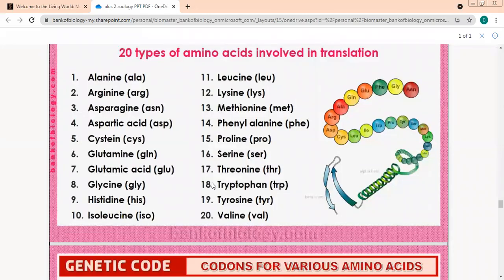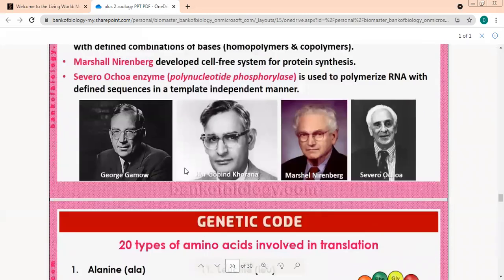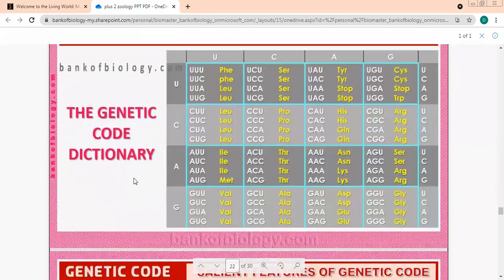See, the last one is also very easy because all of them code for what? Very quickly, last thing to do. All of them code for? Valine. Okay, beta, it's time for your break now.